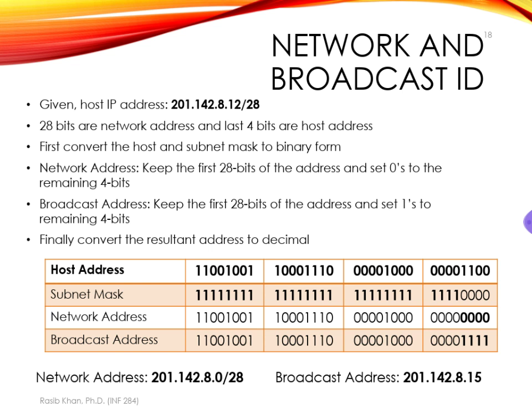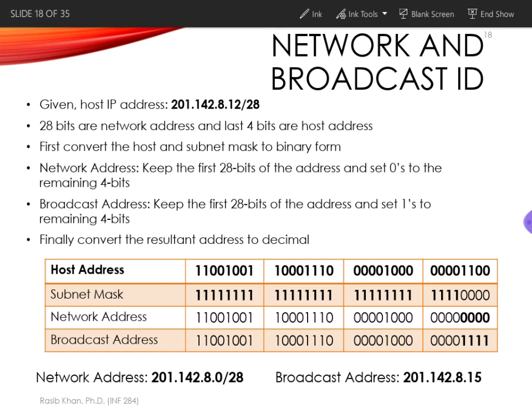So let's look at another example here. First, we are given, again, a host IP address. This one is 201.142.8.12 as the IP address, and the CIDR notation is /28, which means that 28 bits belong to the network ID, and the remaining 4 bits are only usable for the host ID part. So the first thing that we need to do is convert the host IP address into the equivalent binary,